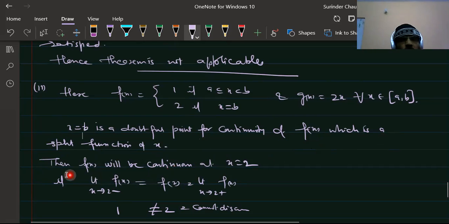Now f(x) will be continuous at x equal to b